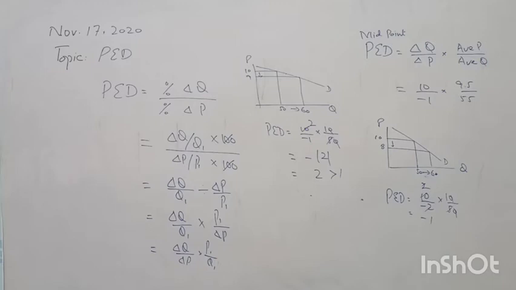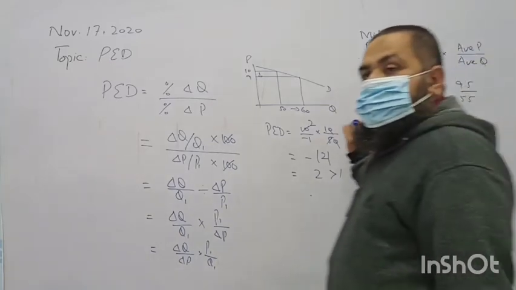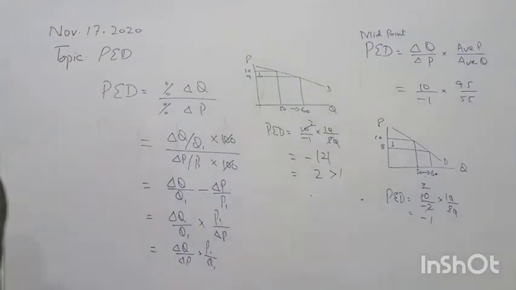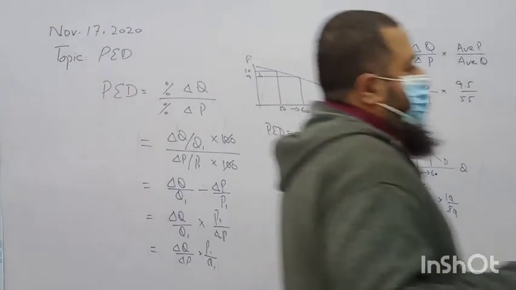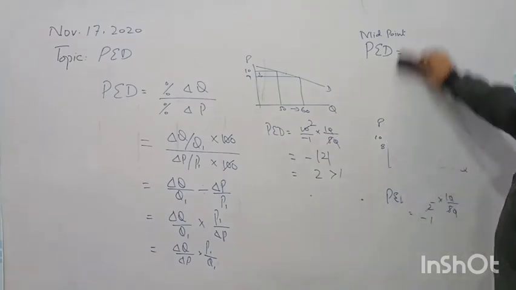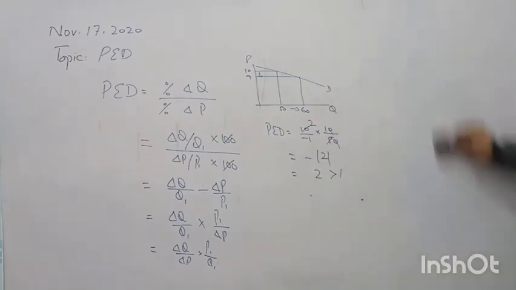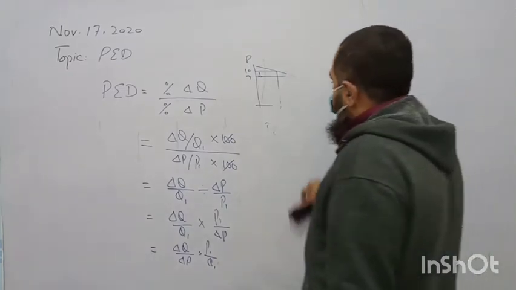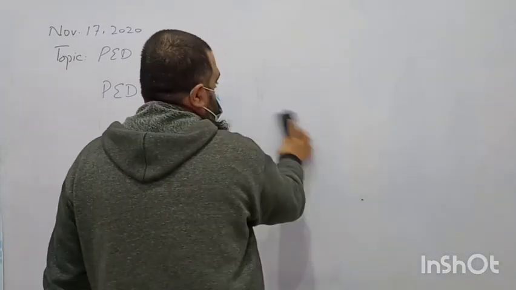This is the third case we started today, that is unitary elastic demand. If I ask you to find another price elasticity of demand, then I will be coming to its application by using the revenue. Now